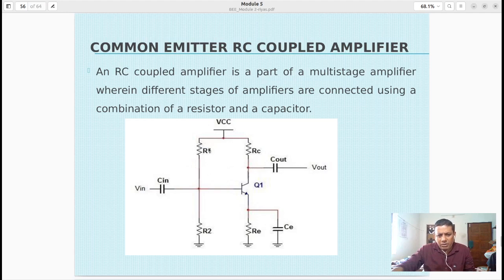R1, R2 is a voltage divider for biasing, and RC is the load, and RE is for stability, and C is to remove the negative feedback introduced by the RE. RE is required, but it will provide some negative feedback for both AC and DC signals. It is actually required for DC signals, because the change in IC due to the change in beta has to be small. So that change has to be reduced,